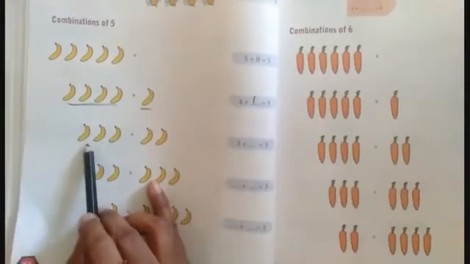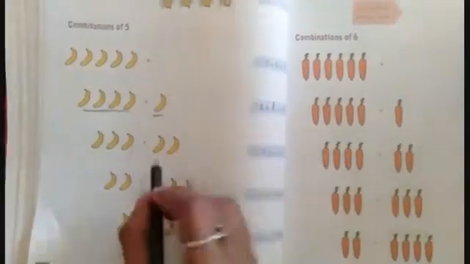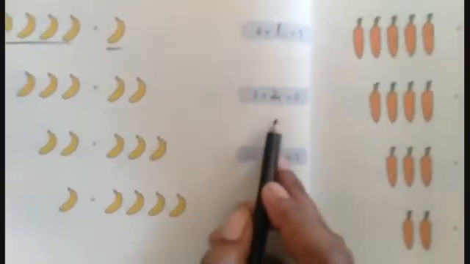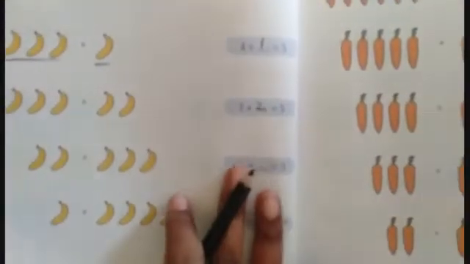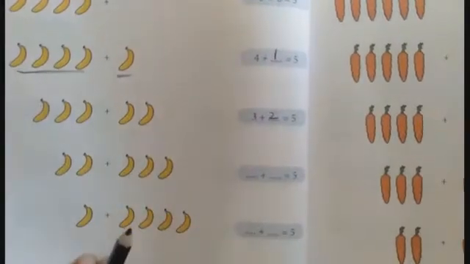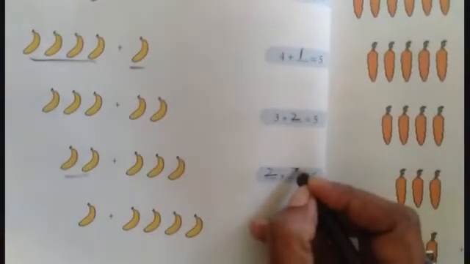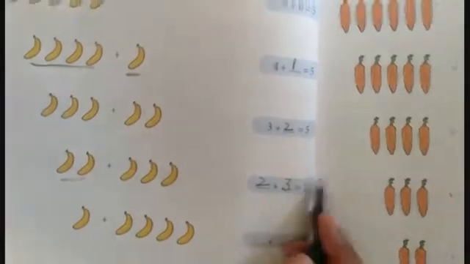Here also see, 3 bananas, here 2 bananas. So 1, 2. You have to write 2 here. So 3 plus 2 is equal to how much? 5. Like that you have to do. Understood everyone? Here you see, 1, 2. So you have to write 2 here. Here also 1, 2, 3, so you have to write 3. So 2 plus 3 is equal to 5. Like that you have to do. Do this combination, everything: combination of 7, combination of 8, combination of 9, like that you have to add.